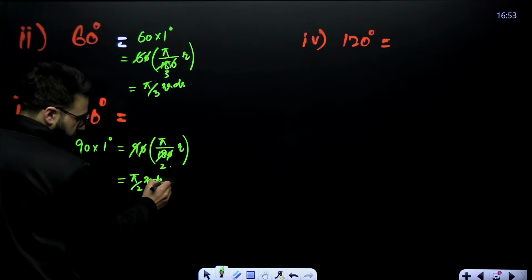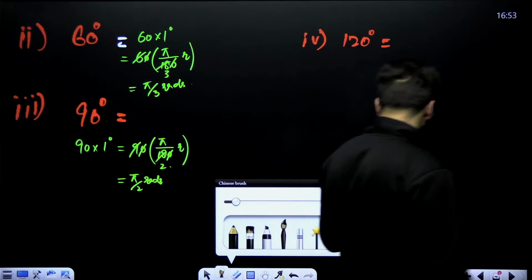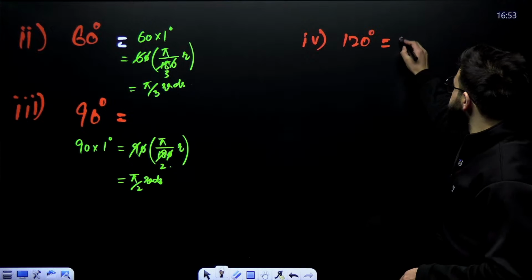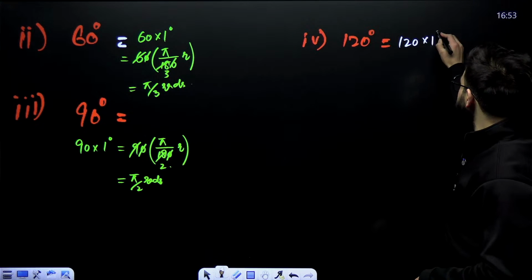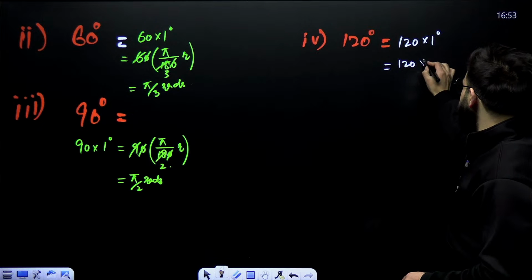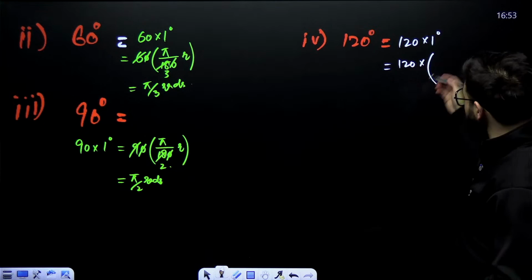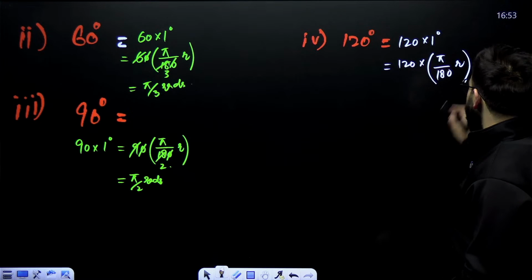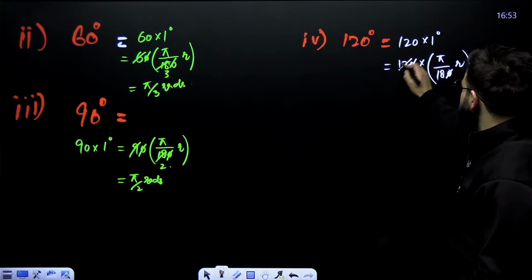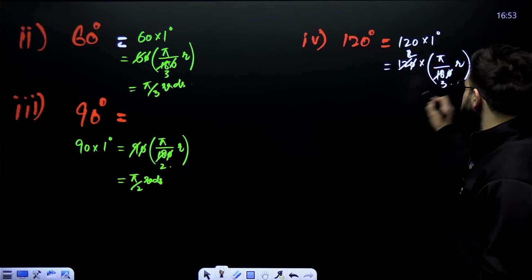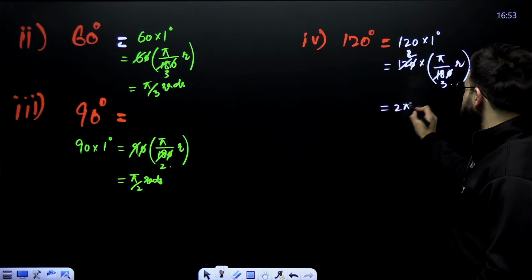Okay. Let's take a look over here, 120 degrees. Can I write this as 120 multiplied by 1 degree? So I can write this as 120 multiplied by, when it comes to 1 degree, pi divided by 180. Okay, this and this will cancel. 6 twos are 12, 6 threes are 18. This will be pi divided by